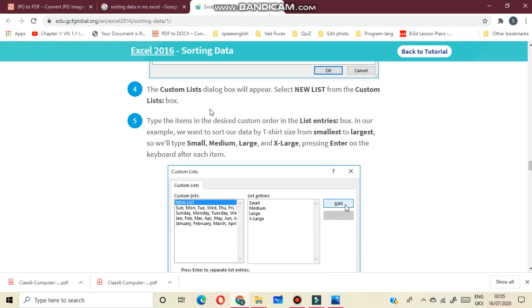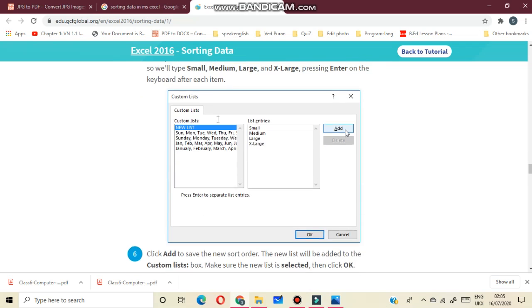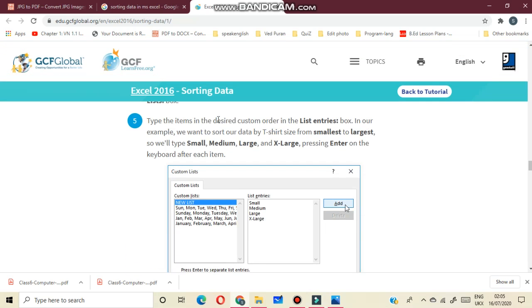The custom list dialog box will appear. Select new list from the custom lists. Type the items in the desired custom order in the list entries box. In our example, we want to sort our data by t-shirt size from smallest to largest.